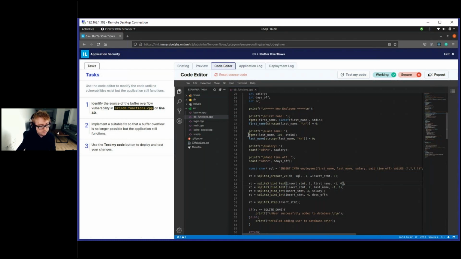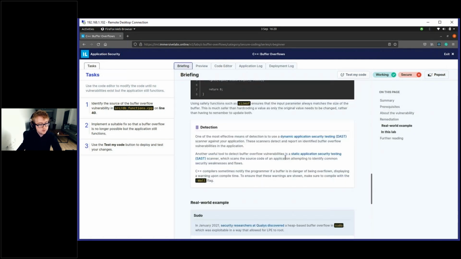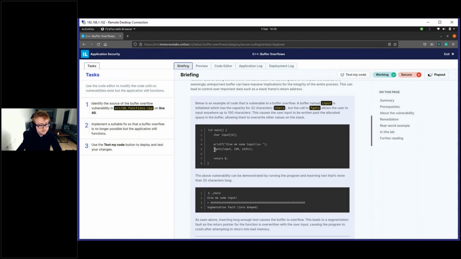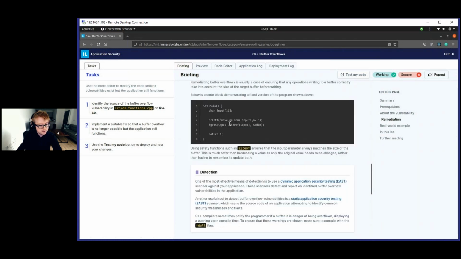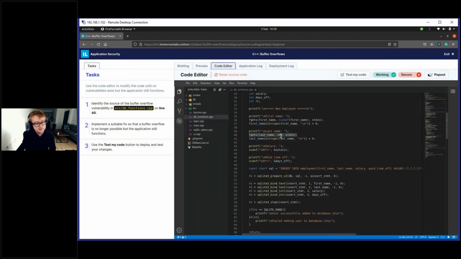So we've got that here. They can see that there's a line here that's out of place, but they may not be 100% sure what's wrong with it. If we compare it to the code in the briefing, we can see there's a similar line here. And then if we understand that, look at the remediation, we can see that this bit has been changed. So if the developer then understands that, they can go into the code, change that as needed,